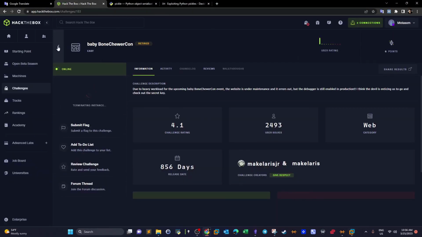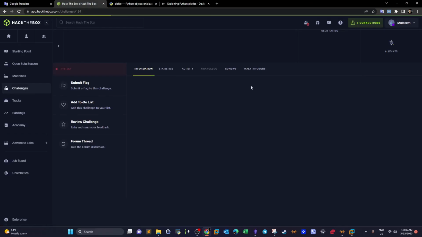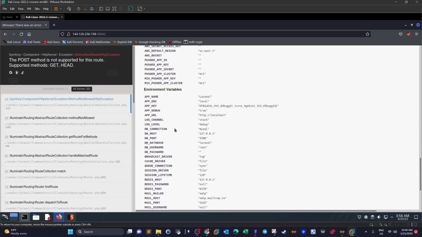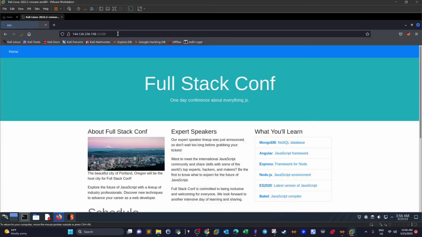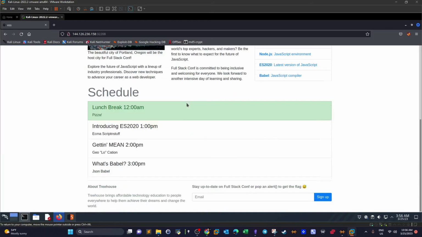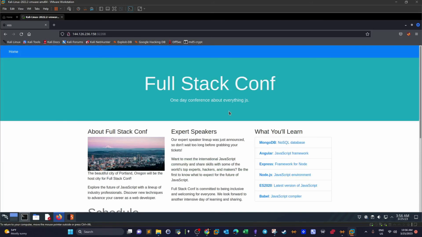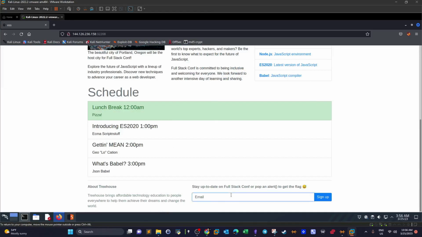So let's stop this one, go back, and spawn full stack conf. So full stack conf is about cross-site scripting, and that is very obvious judging by the title. If we scroll down here, we have an input box. An input box normally is the place where you could play with cross-site scripting. So a simple cross-site scripting payload could be what? Could be alert or script first. Alert, hi,